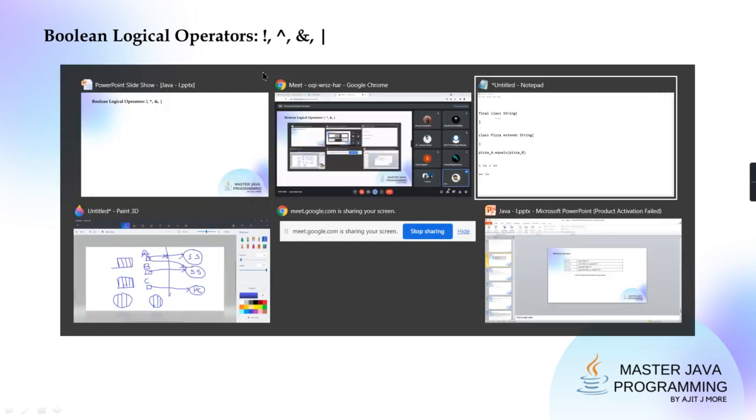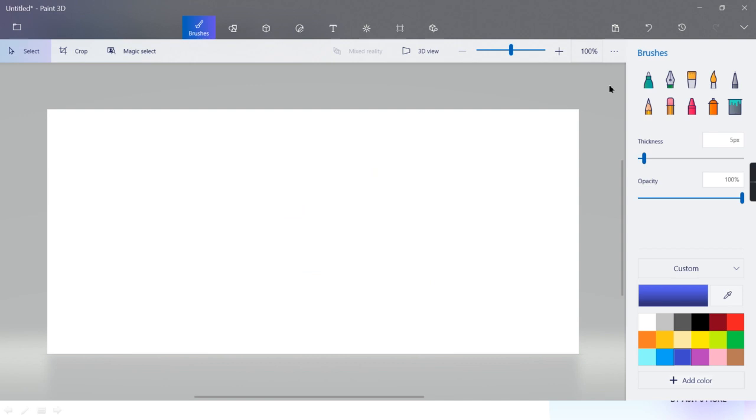Then moving on to the next category, that is Boolean logical operators. See here, three are binary and one is unary. The exclamation mark is unary and the other three are binary. The speciality of these operators is the caret, and, and or. I'll explain the concept.